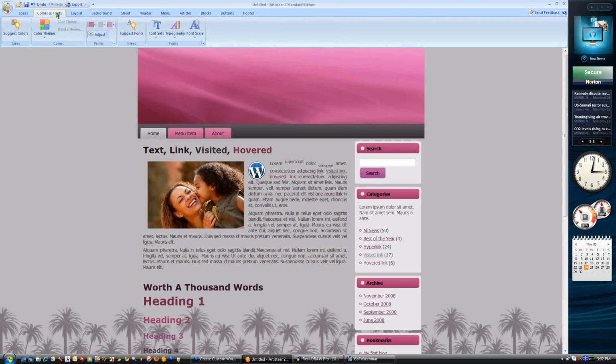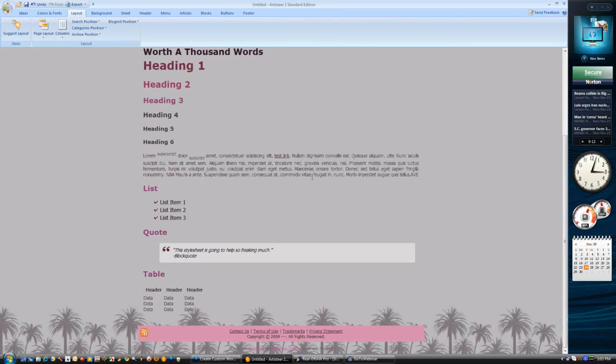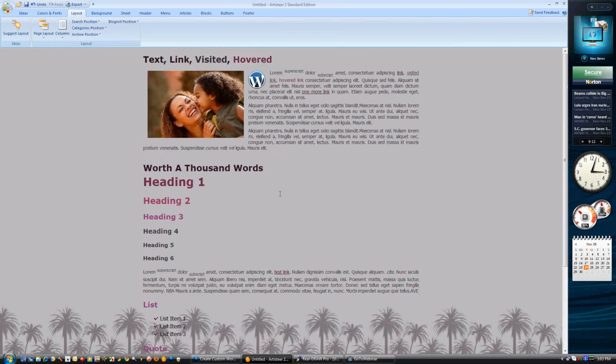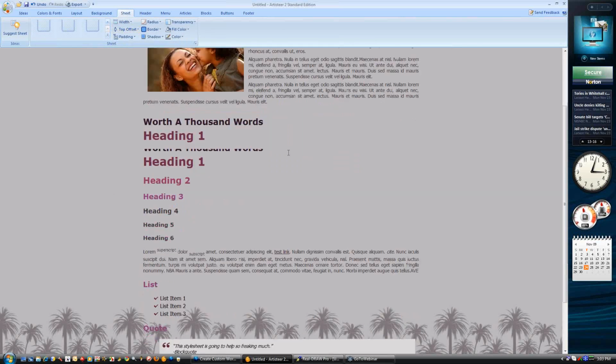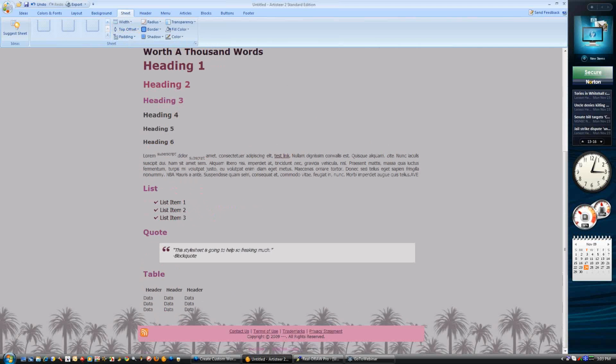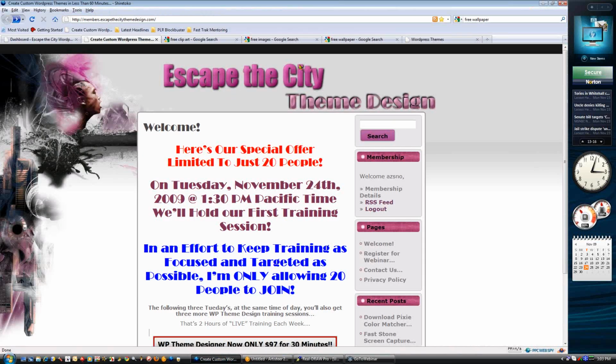So if we get rid of the header and the columns, see, you just have a blank sheet just with a footer on it. It just floats over your background. Now you do a top offset, let's just say of 100 pixels. And see how that just floats? Okay, this is exactly what I used on, we'll just go over here to,